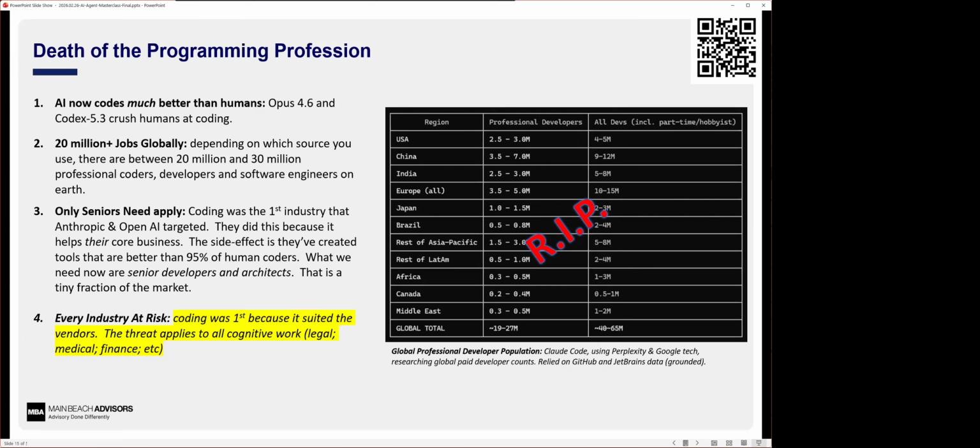And we're now in a world where you don't need junior and intermediate programmers anymore. AI just flat out does better work. I've got some junior programmers who work for me, and I'll never hire another junior programmer again, to be honest. Now it's sort of like juniors and intermediates need not apply.